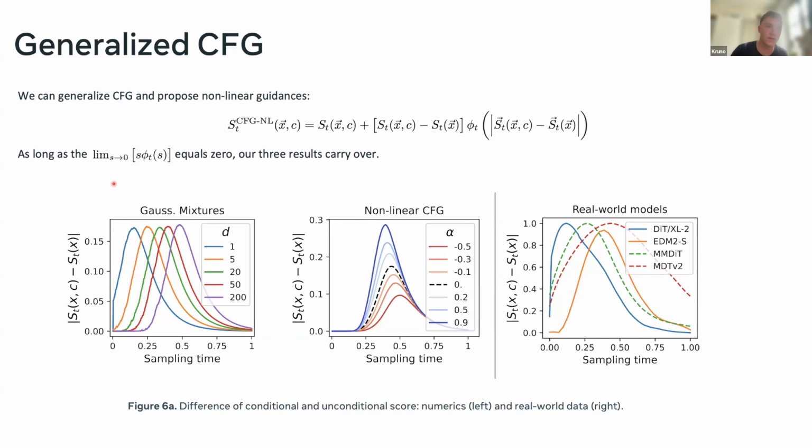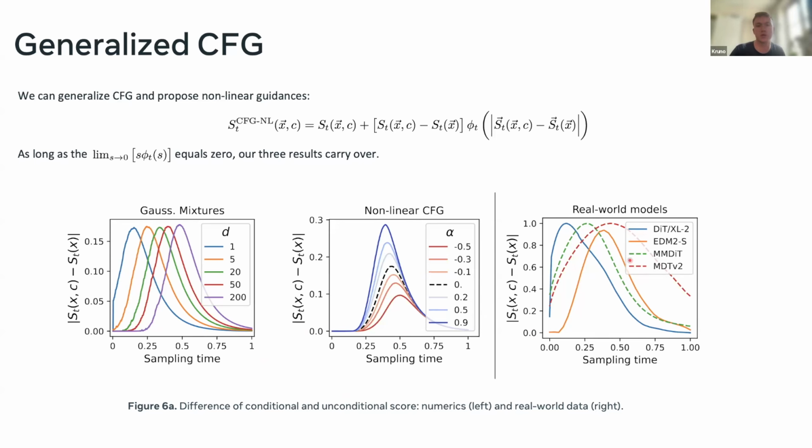And basically what this limit says is that I want to have nonlinear versions for which I'm going to start at 0 and for which I'm going to end up at 0. Standard classifier-free guidance can just multiply this difference with some omega, which is going to increase or decrease this curve. But we want something that is also going to allow us to alter the shape of this curve, such that maybe we can get better performance in the real world.